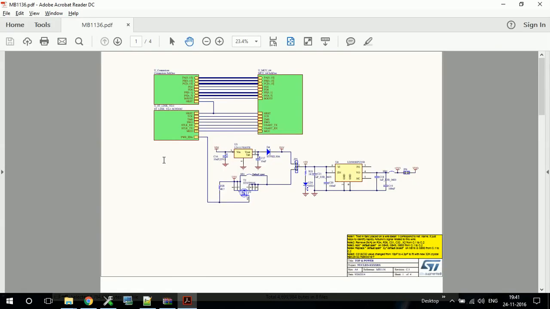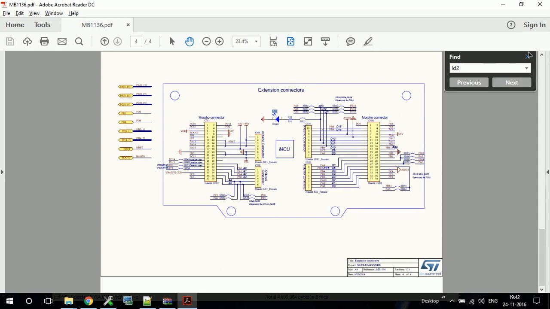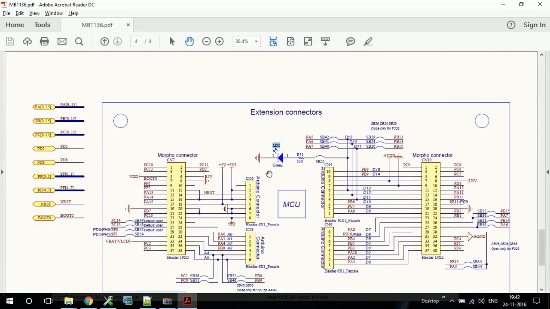So what you need to do is find that LD2, and you will get to know that it is here. As you can see, this LD2 is connected with PA5 and PB13.